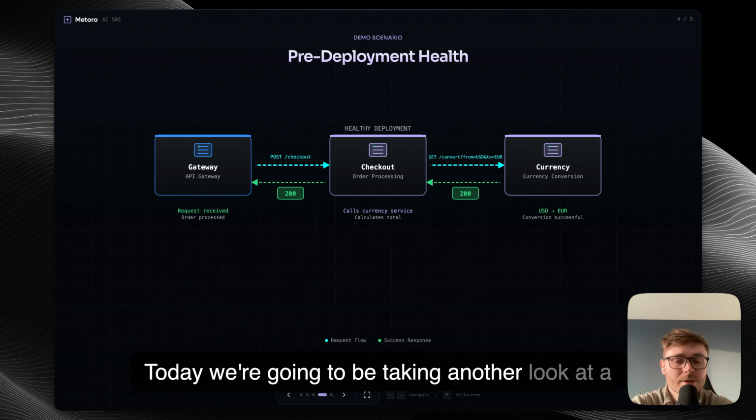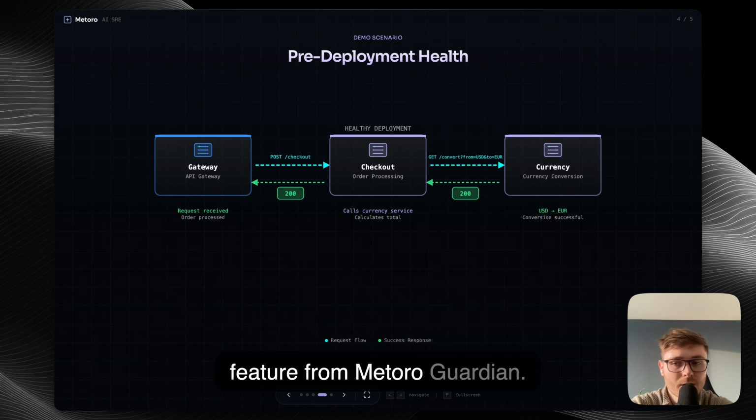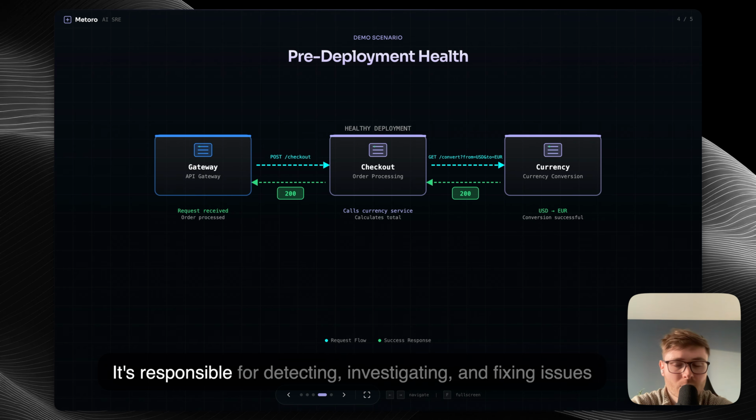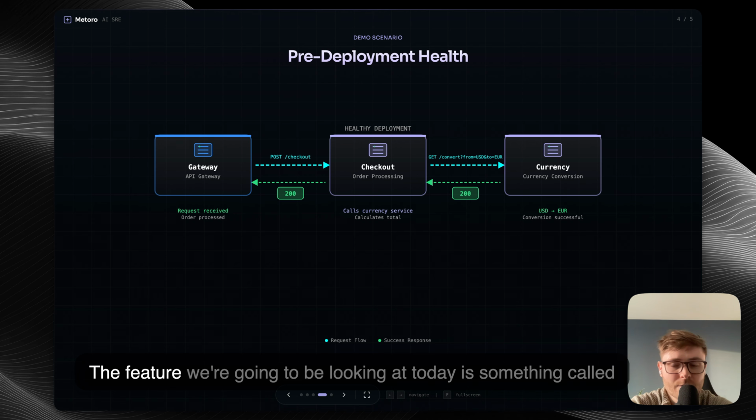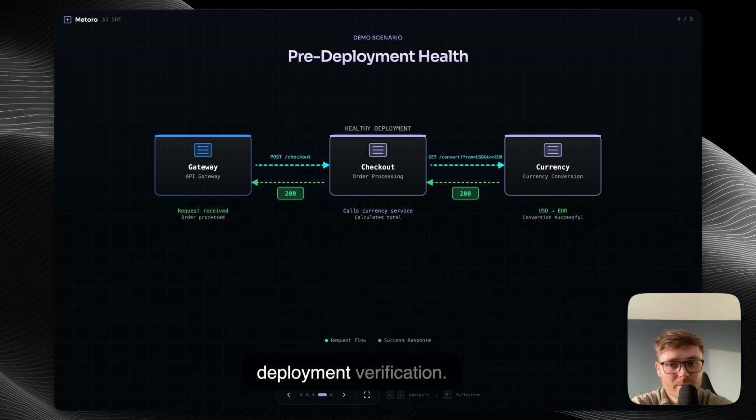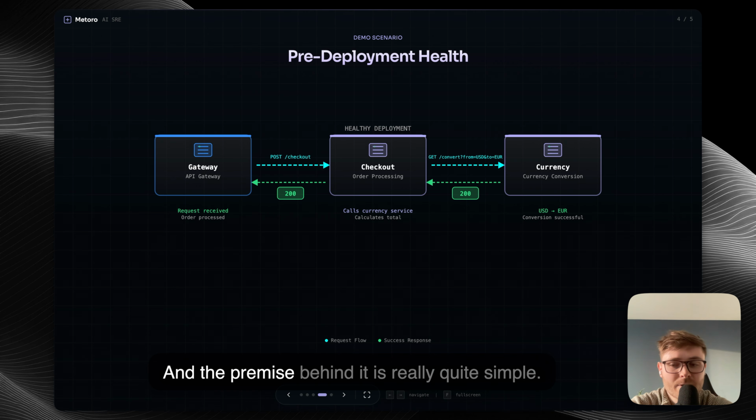Today we're going to be taking another look at a feature from Metoro Guardian. Guardian is Metoro's AI SRE. It's responsible for detecting, investigating, and fixing issues inside of production Kubernetes clusters. The feature we're going to be looking at today is something called deployment verification, and the premise behind it is